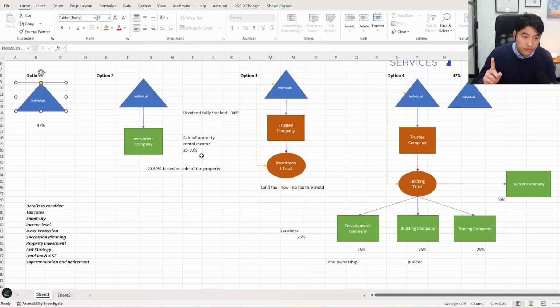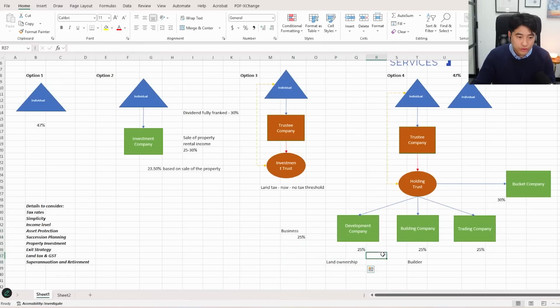So when it comes to property development, when you're buying a piece of land or you're buying a property that you're knocking down, rebuilding, and then you're going to sell it off straight away, your goal is most likely to structure in a way where you get the lowest tax rate. The lowest tax rate is usually a company in this case.